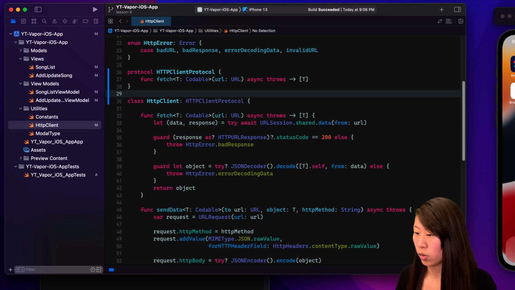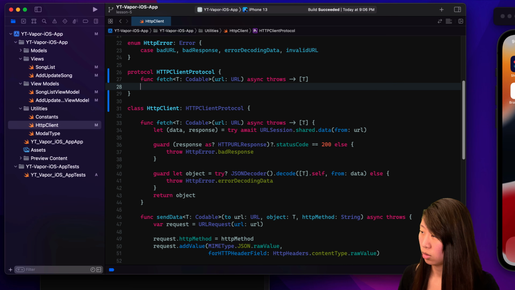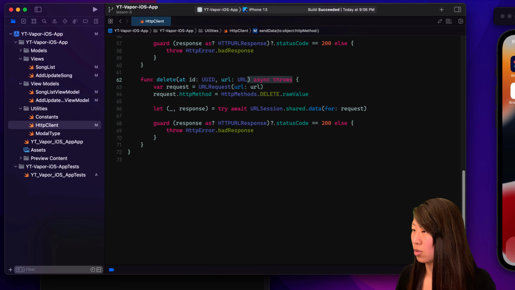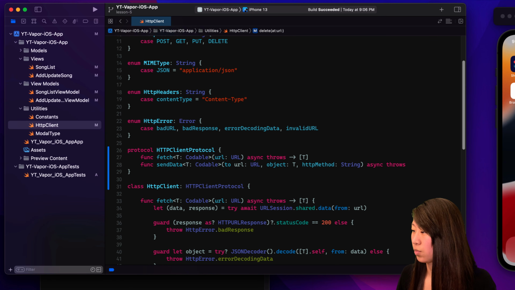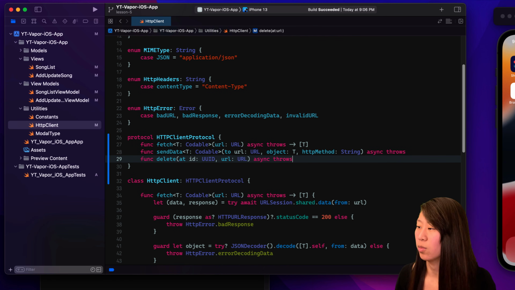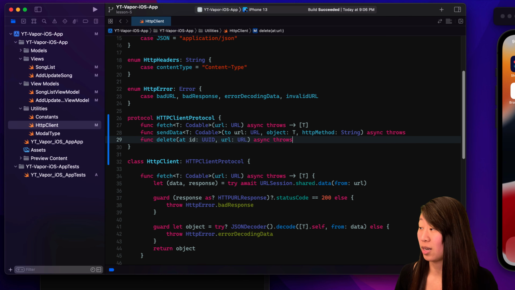So we want that one. We want to add the send data function. And scroll down, we want to add the delete function. So copy this one and put it up in our protocol. So there we go. We have these three functions and everything will still work when we click Command B and